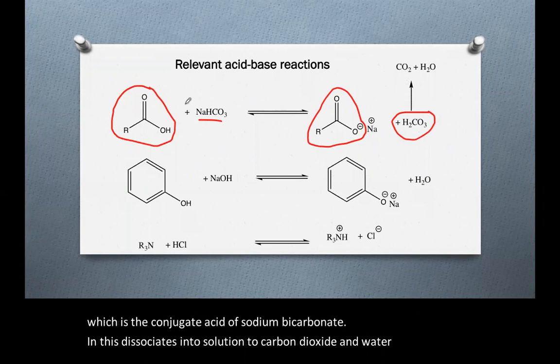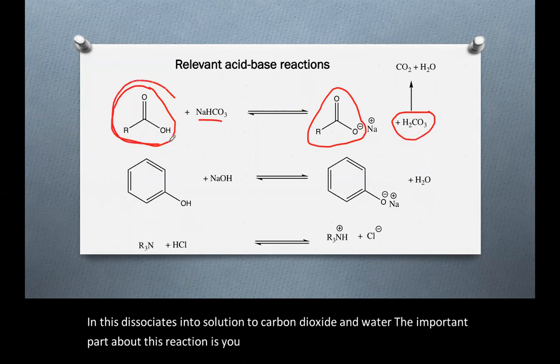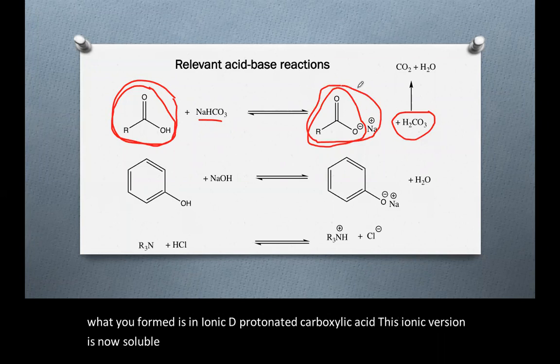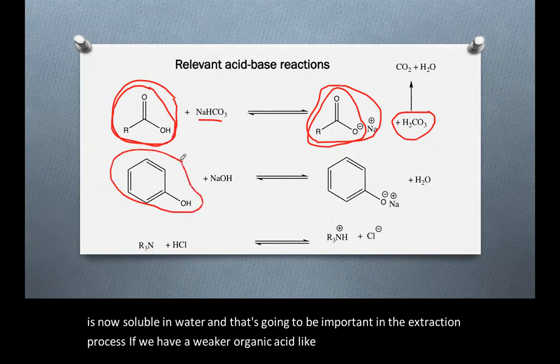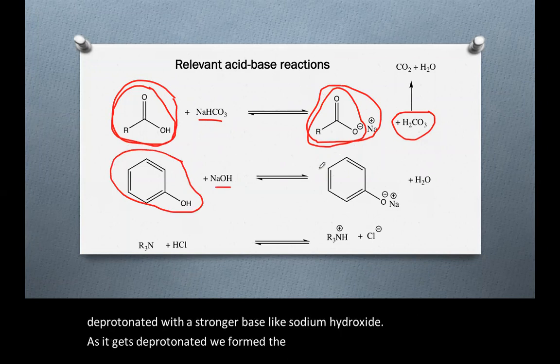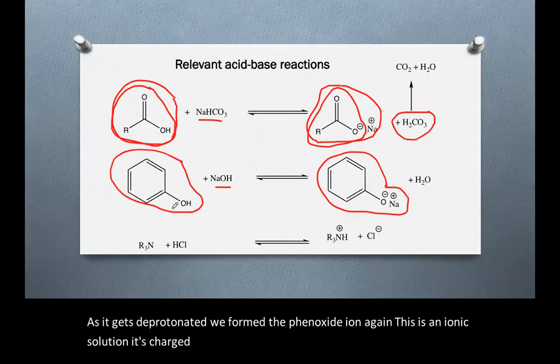The important part about this reaction is you started with a neutral carboxylic acid, and what you formed is an ionic deprotonated carboxylic acid. This ionic version is now soluble in water, and that's going to be important in the extraction process. If we have a weaker organic acid like phenol, it's going to be deprotonated with a stronger base like sodium hydroxide. As it gets deprotonated, we form the phenoxide ion. Again, this is an ionic species. It's charged. It's going to be soluble in water, whereas the protonated phenol is not,